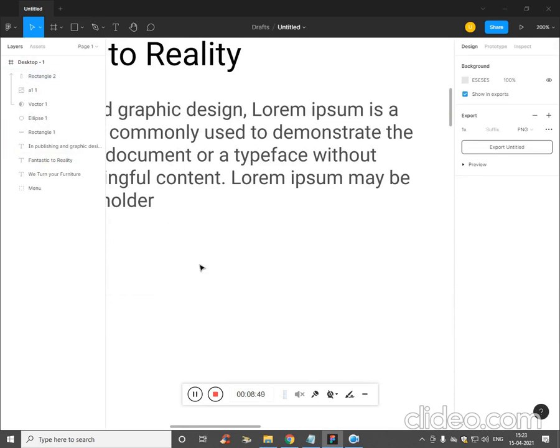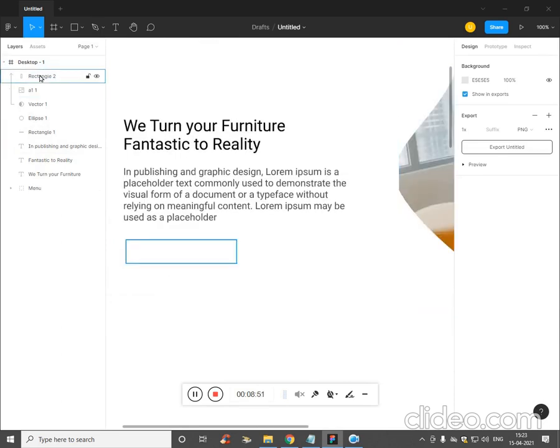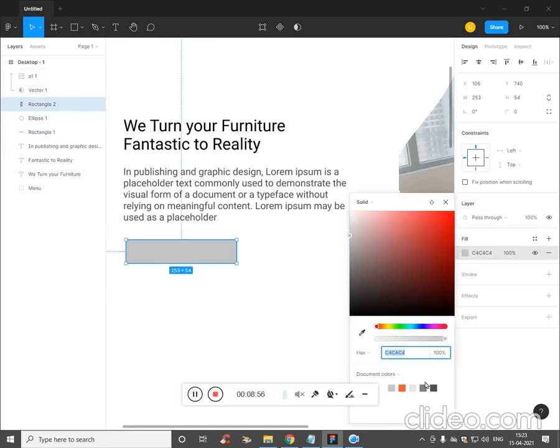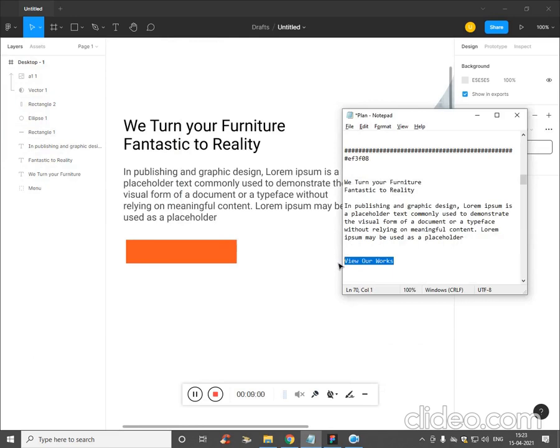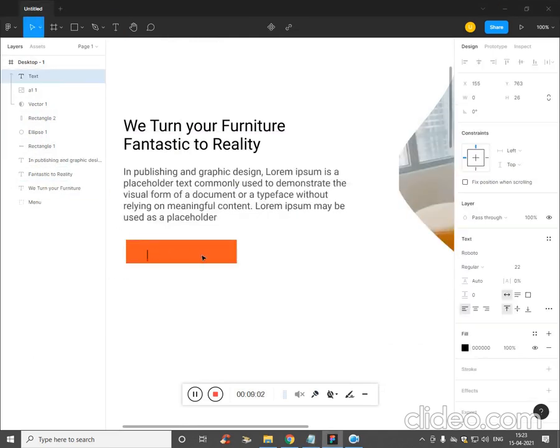Now to change the rectangle color, it's masked again. Now select the color and give the text read more. View our work, type T, paste it, and it's again placed inside.